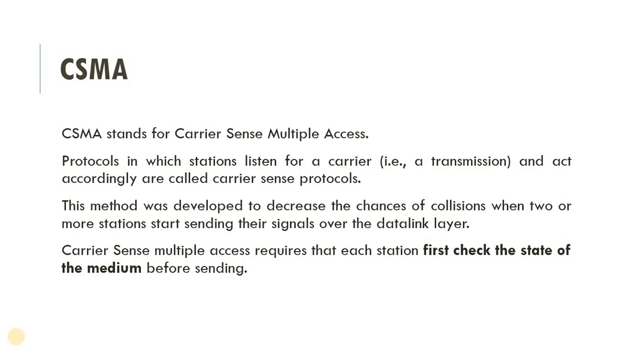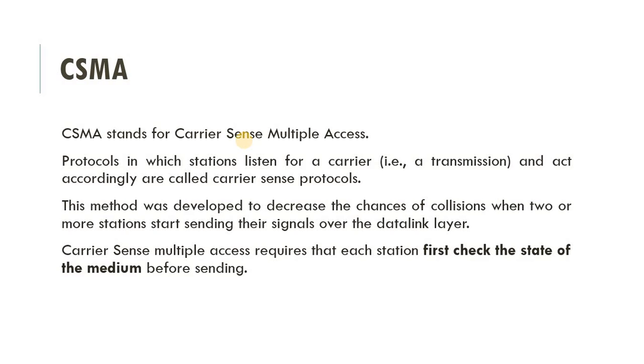As we have seen in our previous lecture, in pure and slotted ALOHA, the problem of collision occurs. So to reduce the collision effect during transmission, the method implemented is CSMA. As in the name carrier sense, first all the nodes in the network sense whether the carrier channel is busy or not. If it is not busy, then they start transmitting messages on that channel.